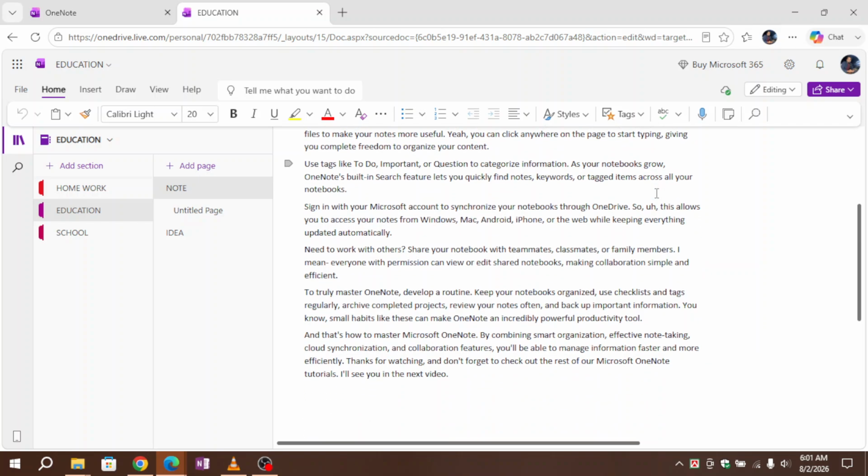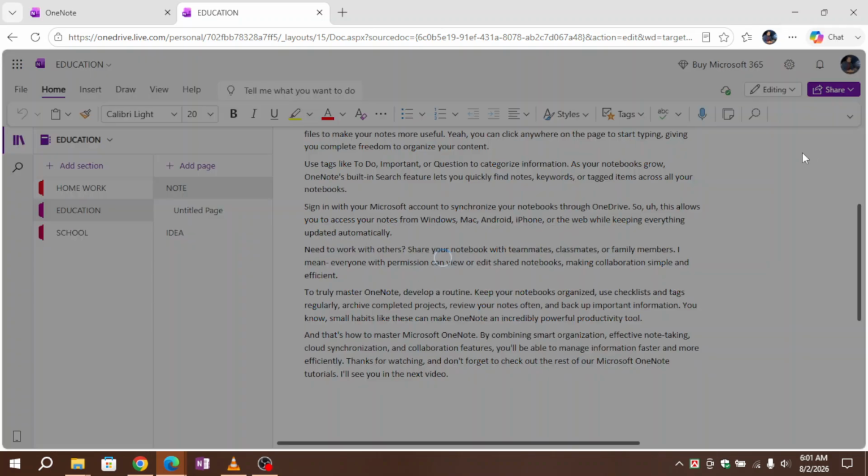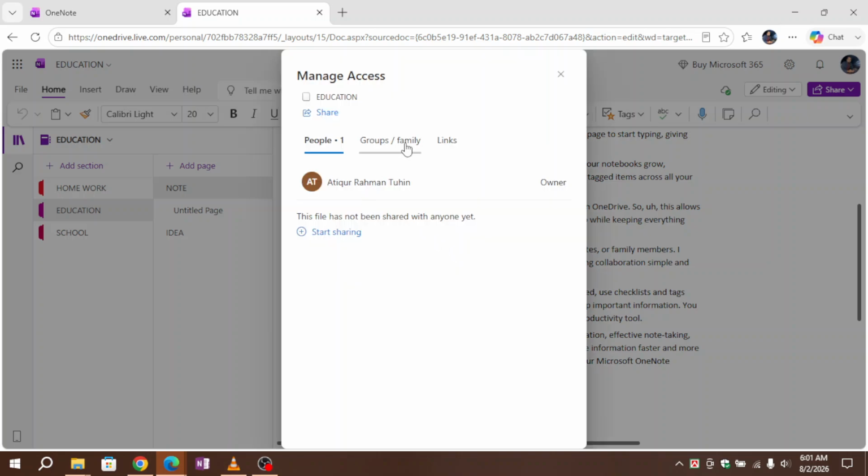Since OneNote syncs automatically, you'll always have access to the latest version as long as you're connected to the internet. If your project changes, you can return to the share settings to update permissions or remove collaborators. Managing access helps keep your notebook secure while giving the right people the ability to contribute, and that's how to